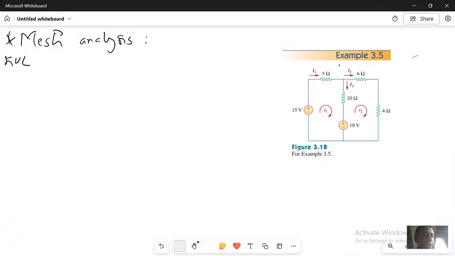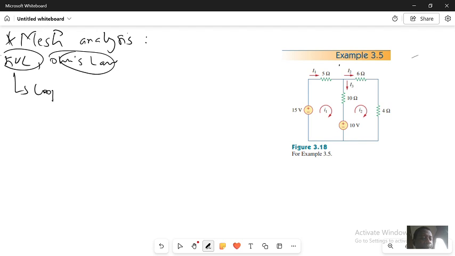Use KVL and we will use Ohm's law. So we have to remember these two laws, KVL and Ohm's law. And we know KVL means that in a loop, the summation of the voltage equals 0. And in Ohm's law, we remember that V equals Ri. Let's say, for example, in this example,